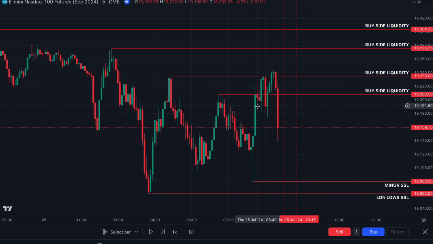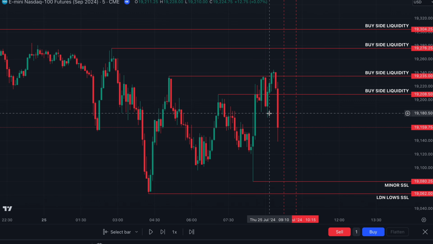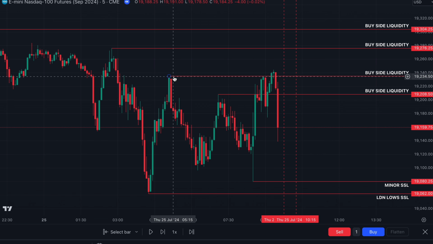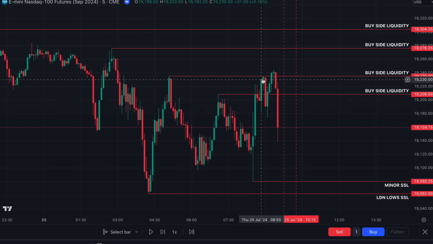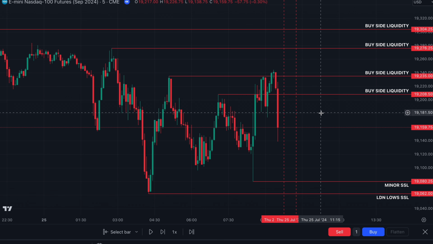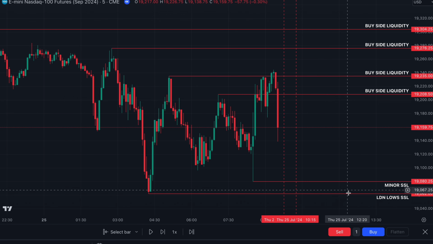So buy side has been swept. The original sweep of buy side got taken out. It then displaced lower but didn't create a bearish gap on the 5-minute time frame. Price then came up again, took out that previous swing high and also swept more buy side liquidity. Then after taking this level of liquidity and sweeping that previous swing high, we saw a fat displacement lower on the 5-minute time frame prior to the macro. That instantly led me to think that we had a bearish bias going into this session, and the drawn liquidity at this point would be London lows.